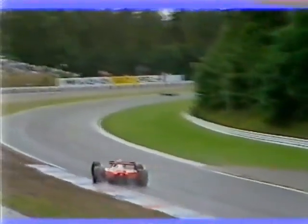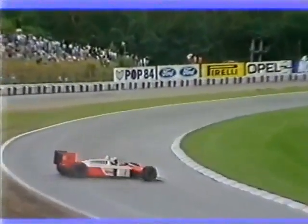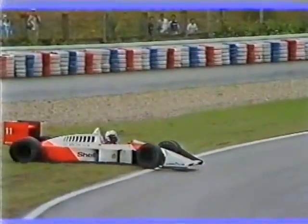Here's a replay of it. Let's see what happened to Prost. Yes, and you see he just got his left rear wheel onto that curb, which is very slippery in the wet. An error really of concentration there from Prost, but it really finishes any challenge that he has to Ayrton Senna,